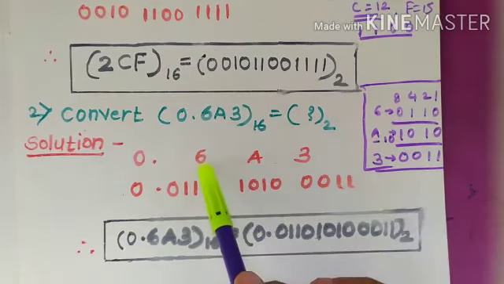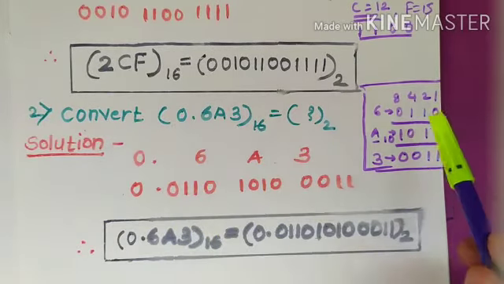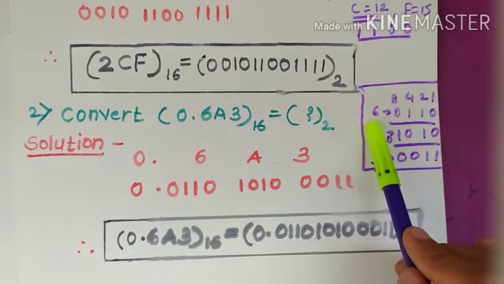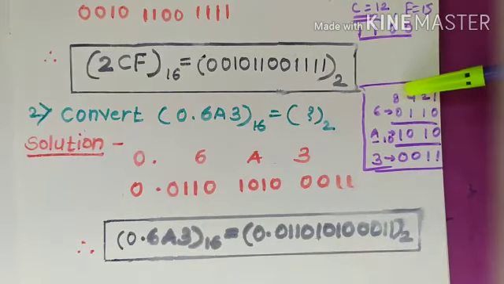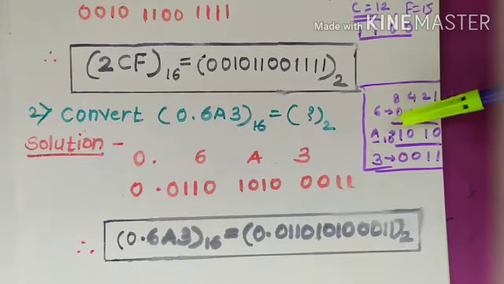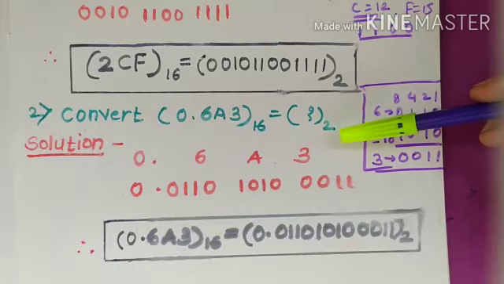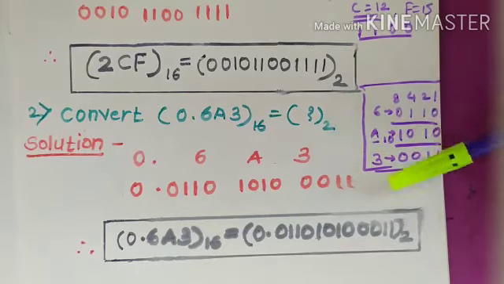See, if we have to represent this 6 in binary, according to the 8421 code, 6 hexadecimal is equal to the addition of the two digits 4 and 2. So 4 plus 2 will get 6. So write 0 below 8, then below 4 write 1, below 2 write 1, and below 1 write 0. Why only 1 and 0? Because we have to represent this hexadecimal in binary, and the binary number system consists of only 0 and 1 digits. Is that clear?